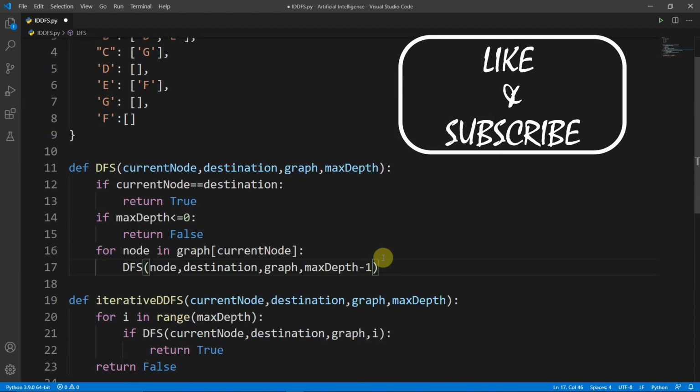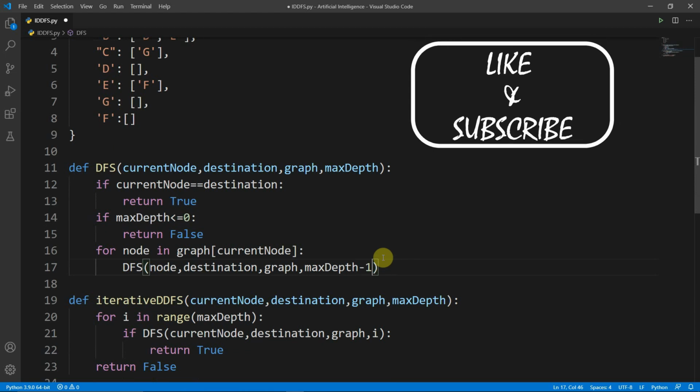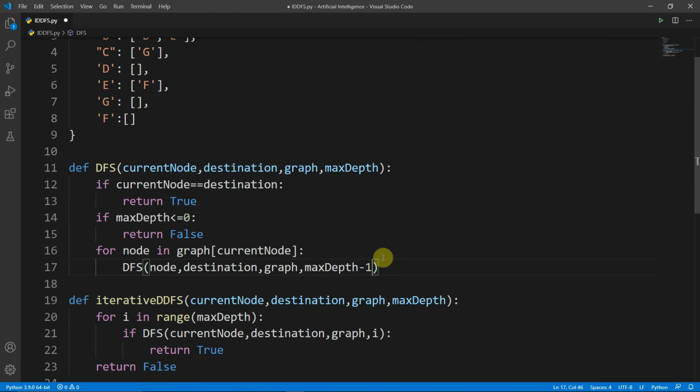So we will pass max depth minus 1, because remember we are going one step deeper, so we will just decrement our value. Max depth is kind of a flag which keeps check of the number of levels we can go deep. That's why we are decrementing max depth by 1 every time we go a level deeper.